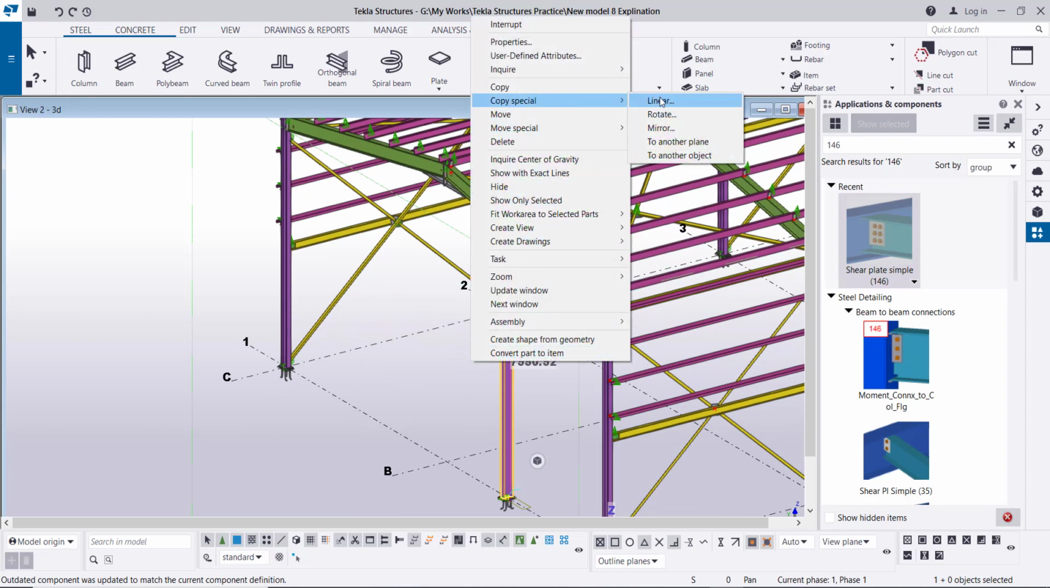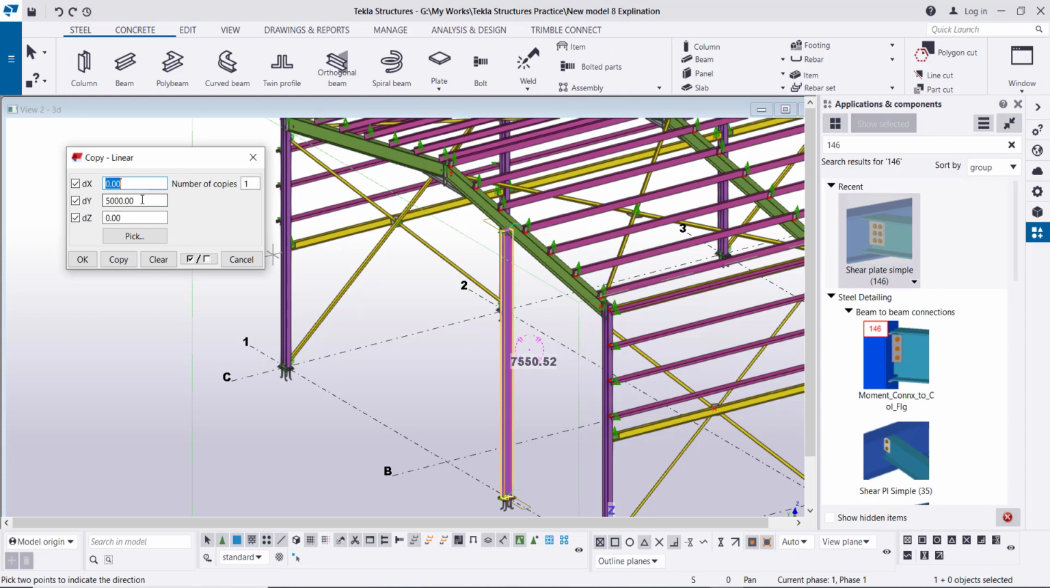Now I will copy this column, copy the special linear by 6 meter in my direction, copy. Okay,